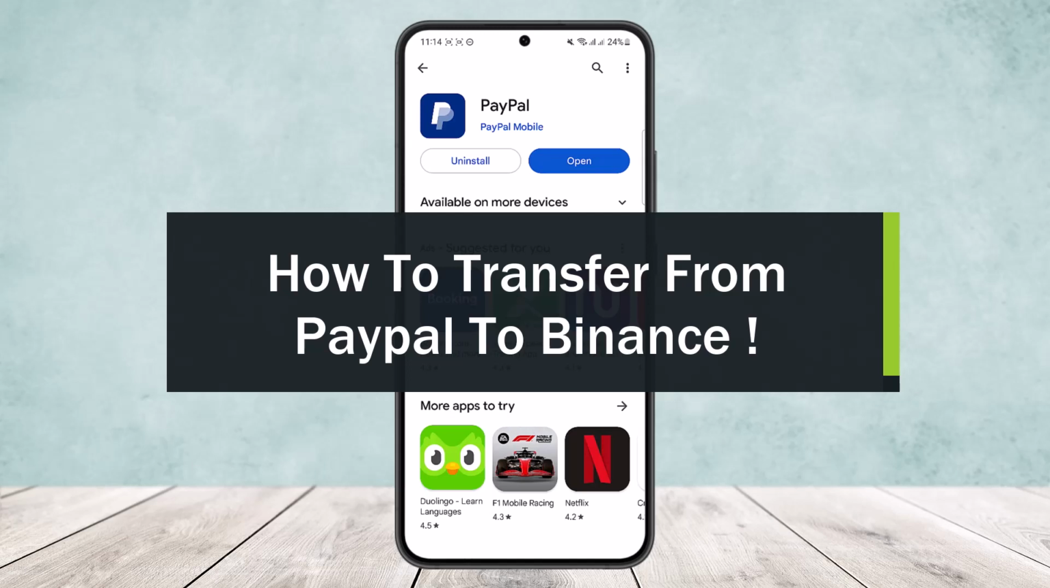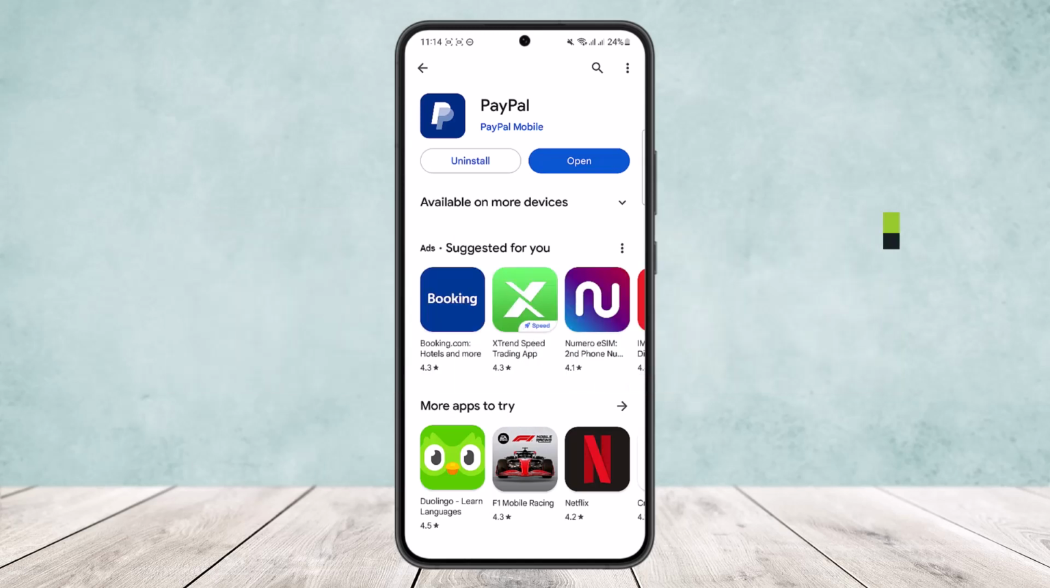Today I'll guide you on how you can transfer your crypto, Bitcoin, from PayPal to Binance. Now the process is quite simple, but I'll just be guiding you here since I won't be able to show you particularly. Now you want to open up your PayPal, log into your account, and then you want